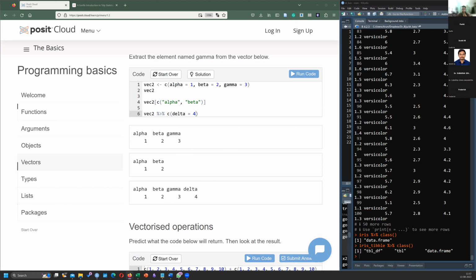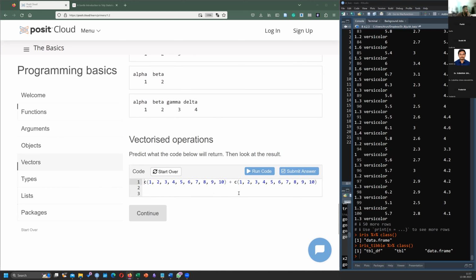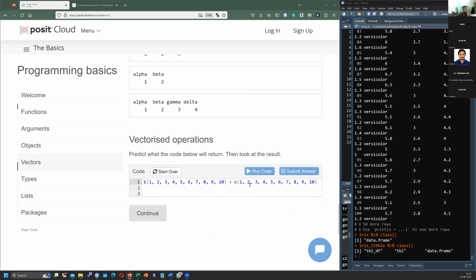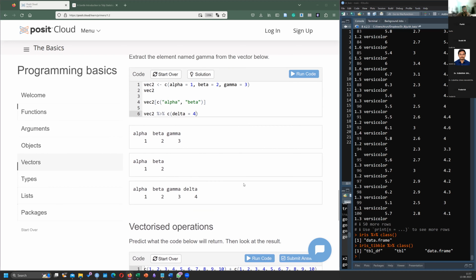One second. I think it'd be better if I turn on my video. So we are just adding. Sir, I have a doubt. In the sixth line, we have taken vector 2, and where does the addition happen, sir? We are saying, take this and then add this to that.